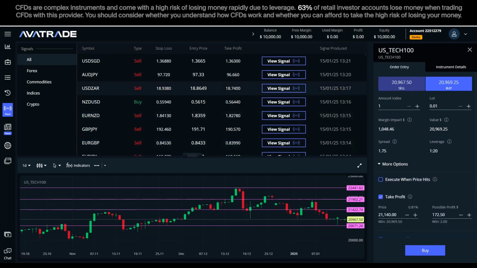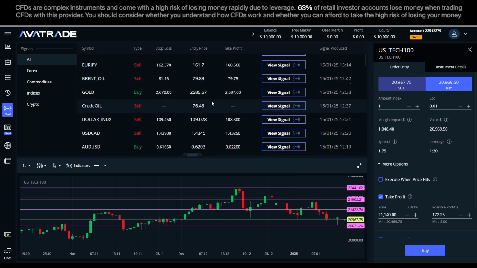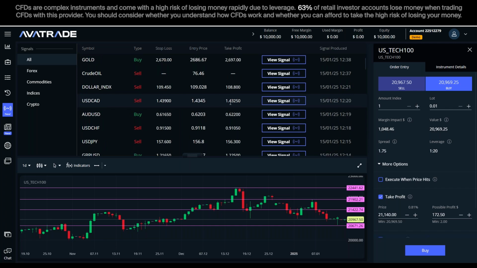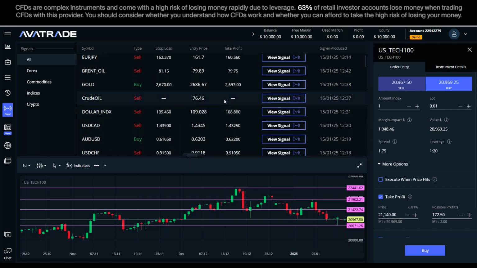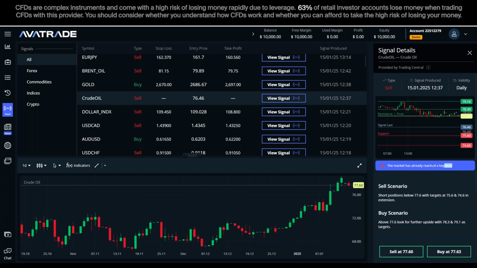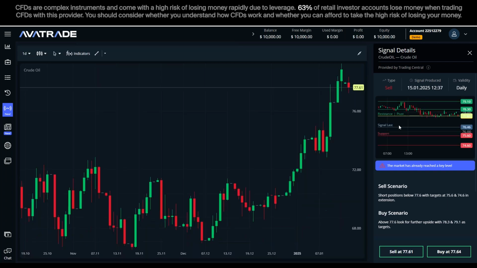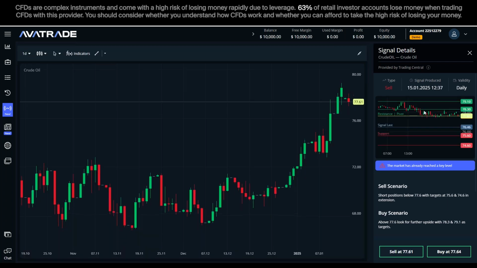But what happens if we see a signal? I think that it was already refreshed. There we go. You see, sometimes there are messages like we saw here, and maybe with Brent oil, you see that message here is to show us that the scenario we saw here has already passed. And now if we try to use the signal the same way we tried to use the signal with NASDAQ,